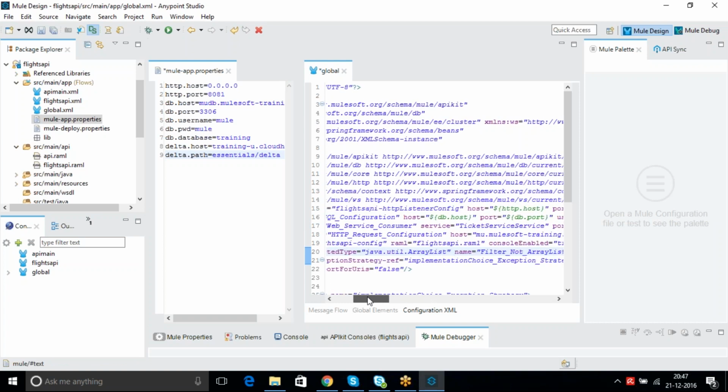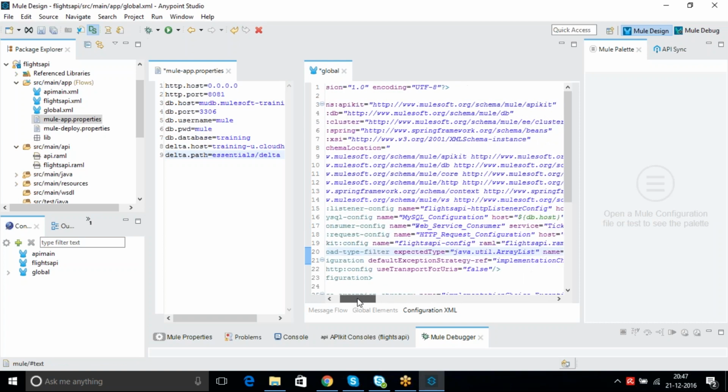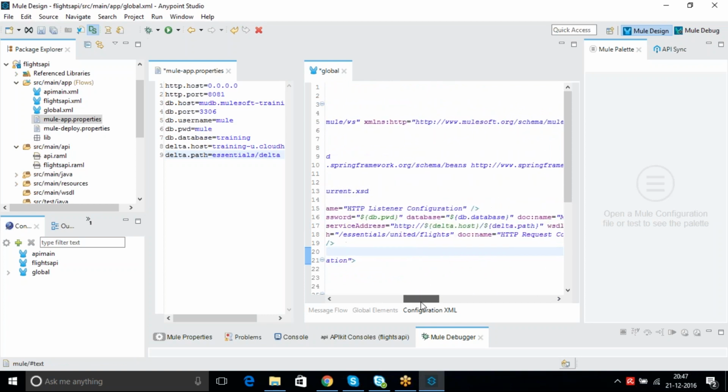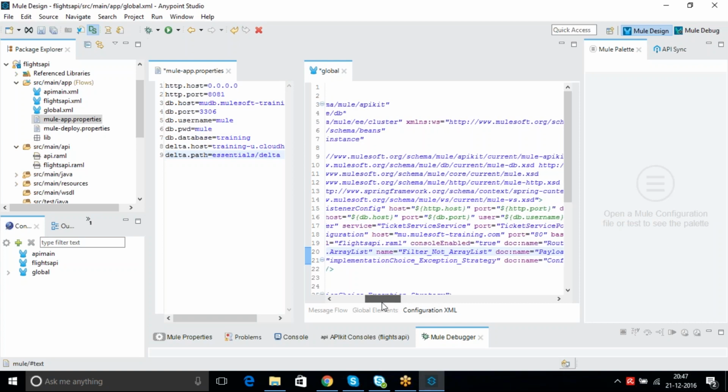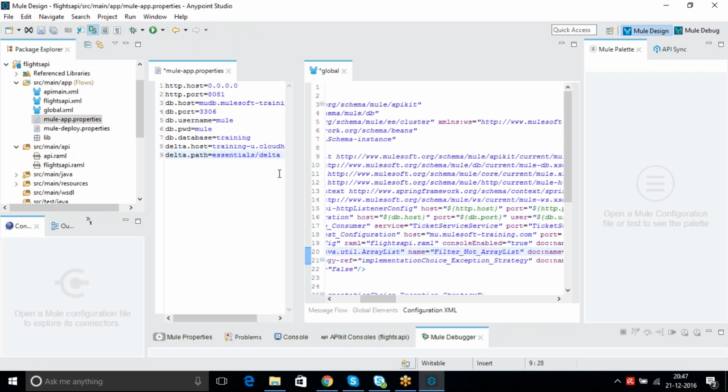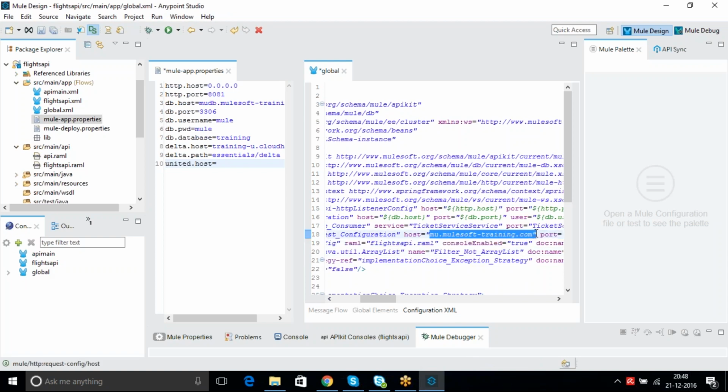Now what else we can change? HTTP request config, it is there, and here we can change it, right? So what is this? It is United. So let's use the same name. That will give clear understanding. United dot host. This is the one, right?